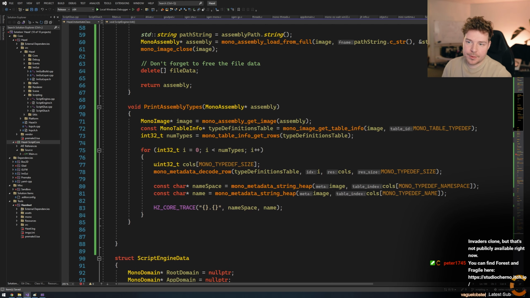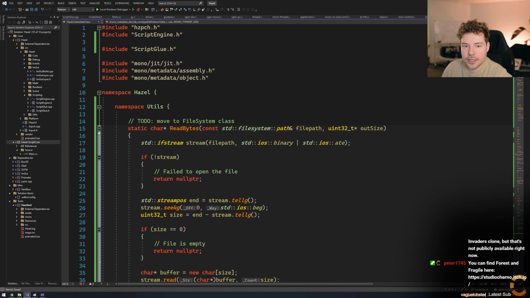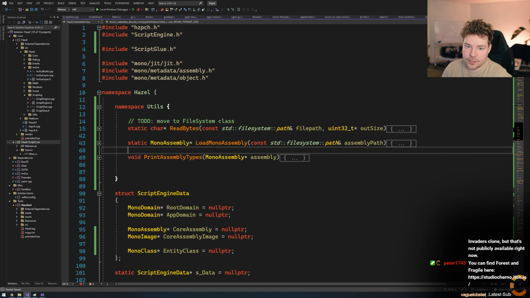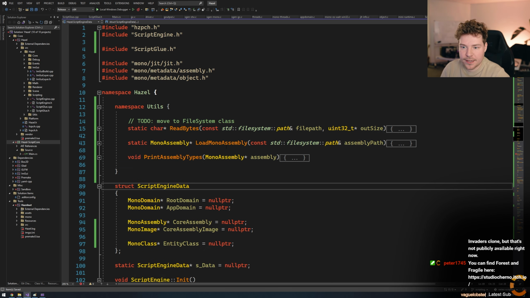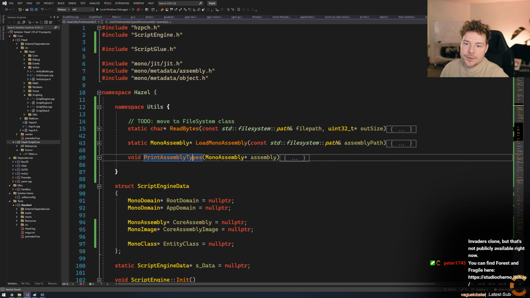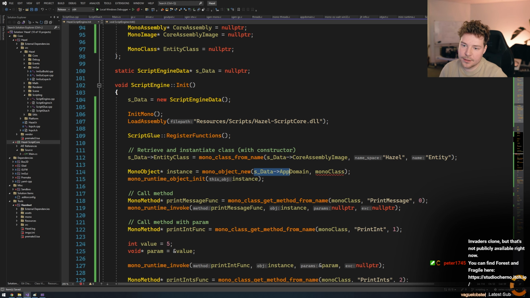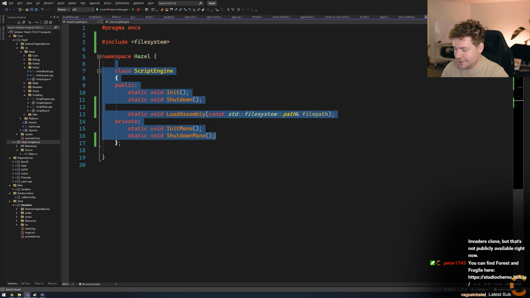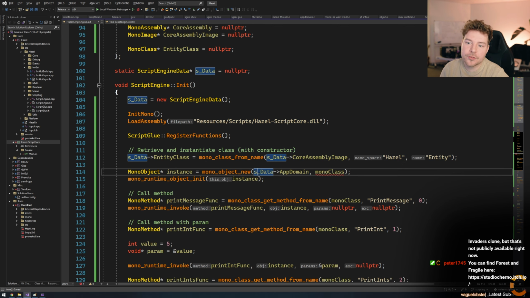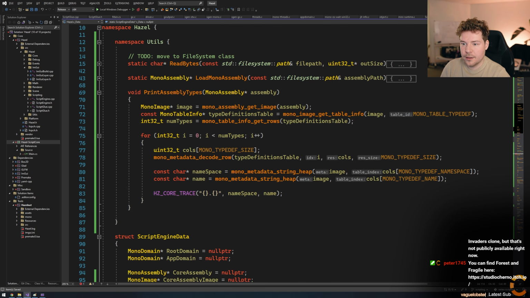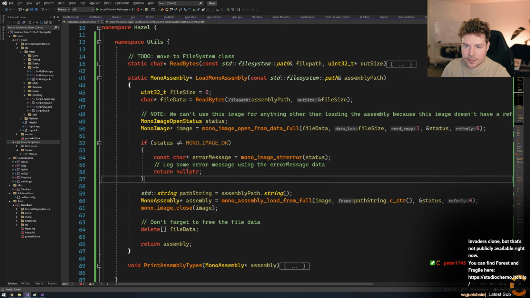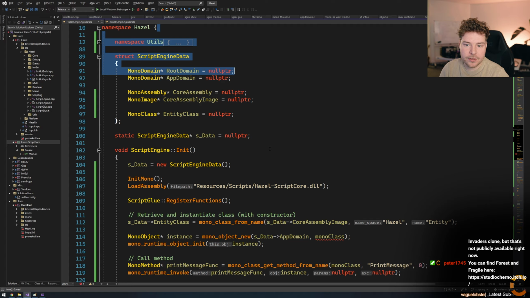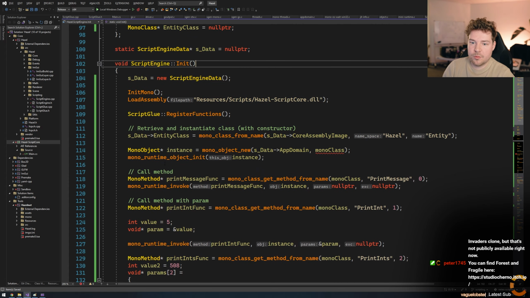The way that I decide whether or not something gets put into utils or not is basically, does it use members? Does it use any class instance data? If it doesn't, it basically goes into utils. So print assembly types just needs this. That's all of the context it needs. But you can see that this needs the sData, like app domain. This isn't really class instance data, because obviously it's not here, but it kind of is in the sense that it uses sData. So it's not that this wouldn't work in here, but you can see this doesn't use sData, and neither does this. It's all kind of self-contained. If it's self-contained, it goes into utils. That's kind of my criteria at the moment.